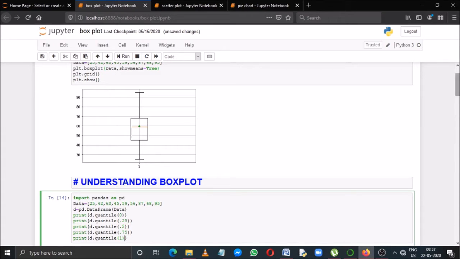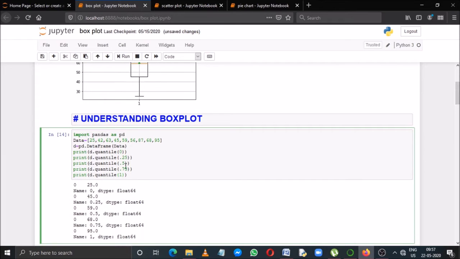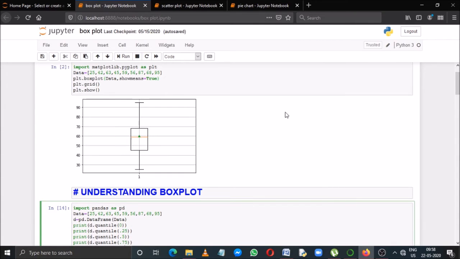Now check, for this particular data set, the 0th quantile is the minimum value, that means 25. Now check in the previous curve, the first point, this one, is just less than 30, that means this line is plotted at the 25 position.